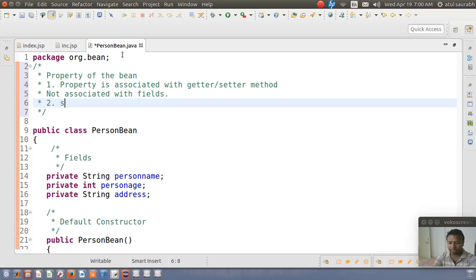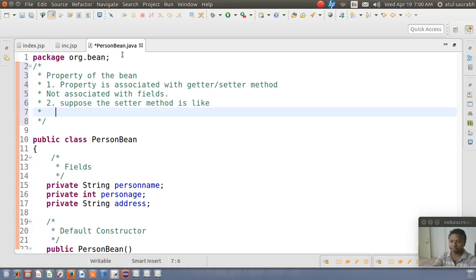So suppose the setter method is like: public void set person